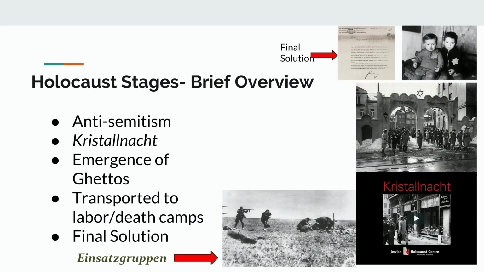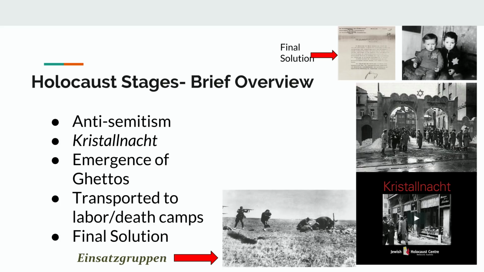Number four is when they began to transport a lot of the Jews. Once the war gets rolling, they begin to capture Jews in other countries and other places that the Germans were invading, and they were forcing these people to go into labor and death camps. The labor camps, of course, were for work. Death camps naturally were for death. So they separated these people: if they were able to do some work or had some value, they went to labor camps; if they didn't have a lot of value, then they sent them to the death camps. And we're going to look at a map in just a minute showing where some of those death camps were.